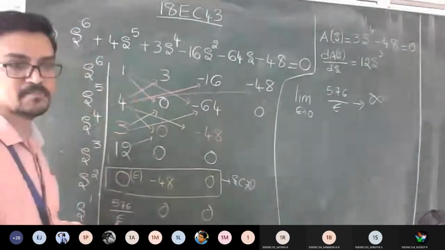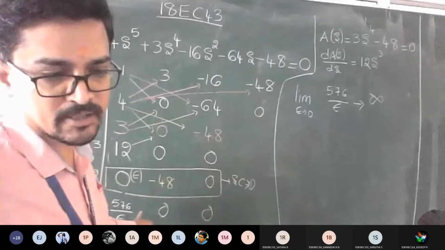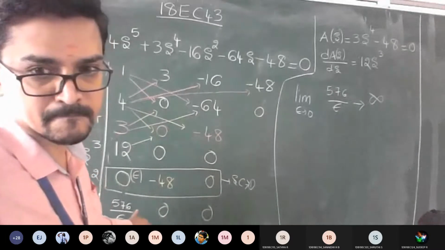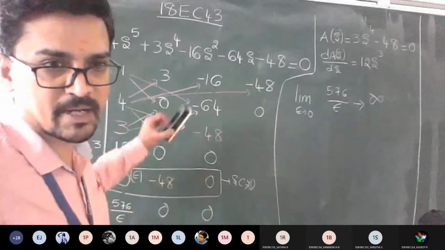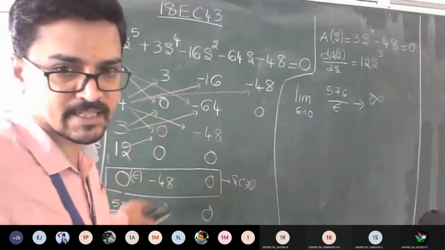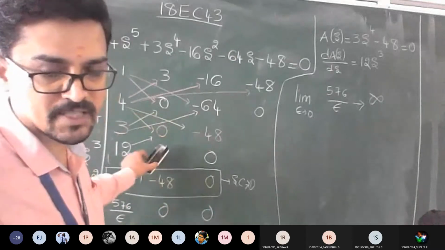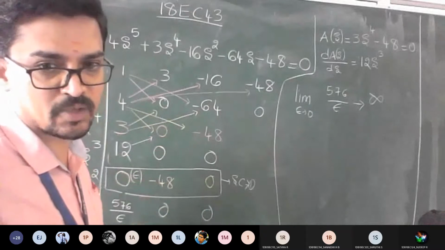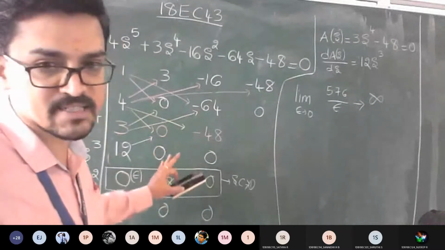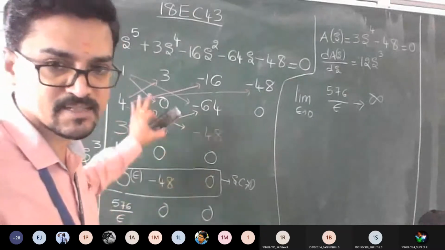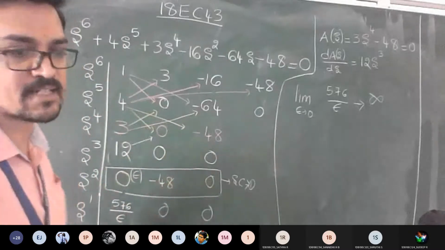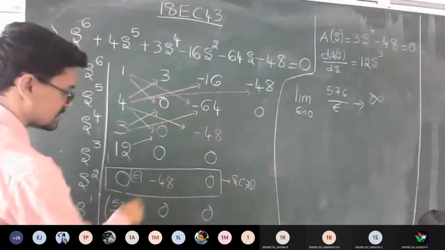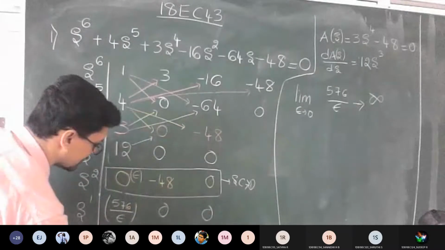I hope everyone got till here. Is that okay to everyone? So the problem is combining all the cases in one chart, correct? So special case 2 is also done, special case 1 is also done. Just have an awareness: in the same problem, if you get both the cases, how do you solve it? What is the last answer? Minus 48. So this into this divided by, so I'm going to get minus 48.